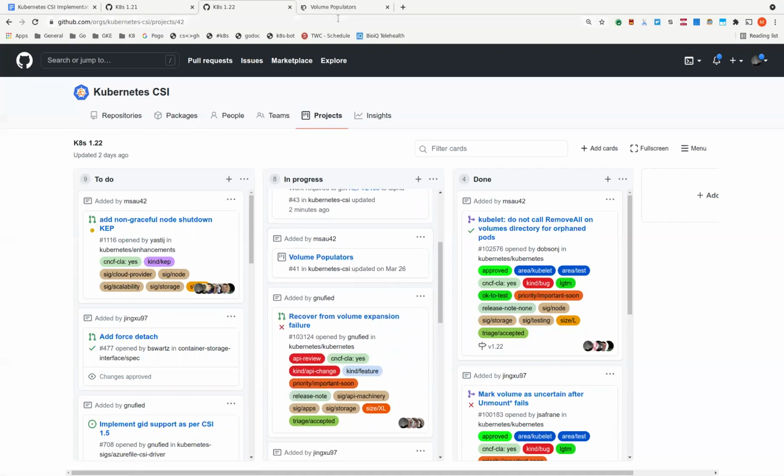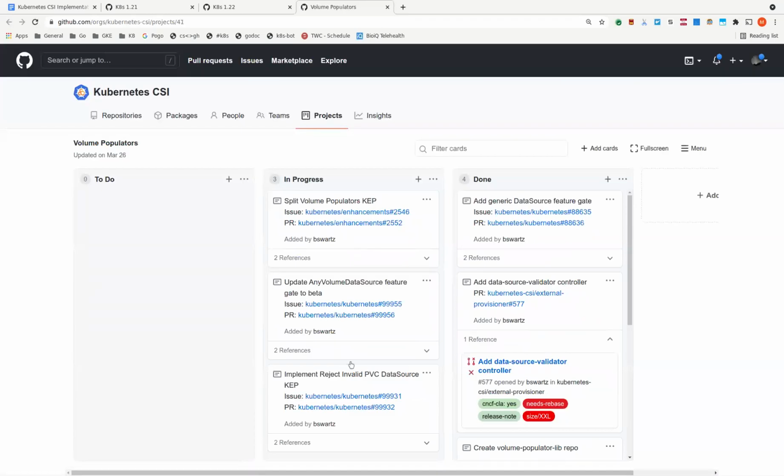Next up, we have volume populators. Yeah, I pushed the PR for this Monday after the meeting, after adding a bunch of additional tests. I think I'm failing at least some of the existing unit tests because I need to update those too, but the PR is there. Do you have a link to it yet or do we need to add it here? Yeah, I would add it here when you get a chance. All right, yeah, I'll add it here.